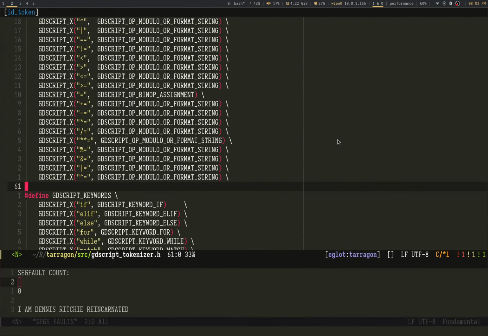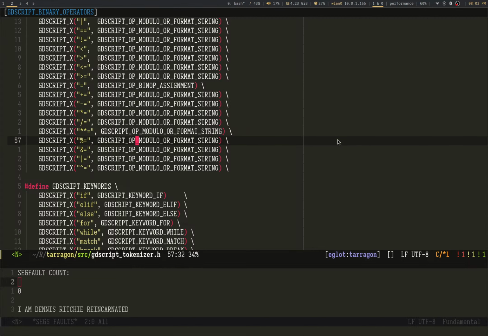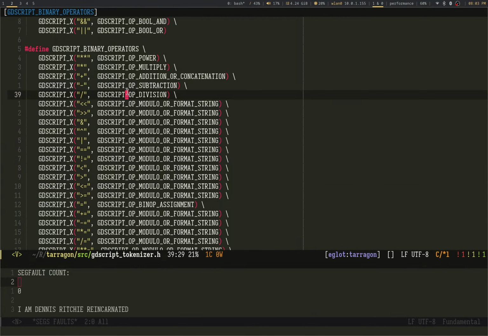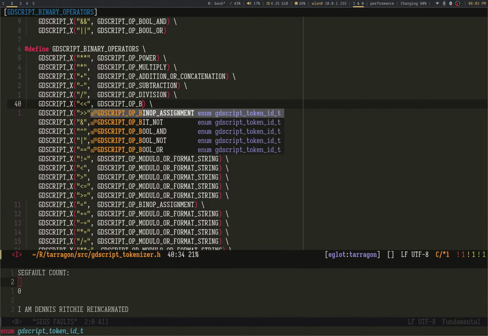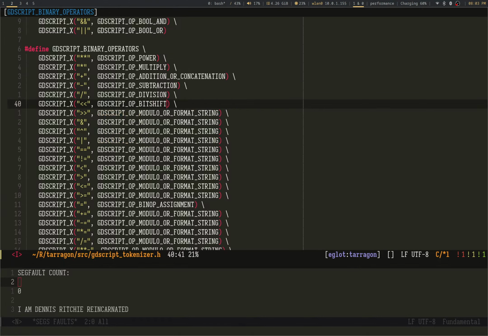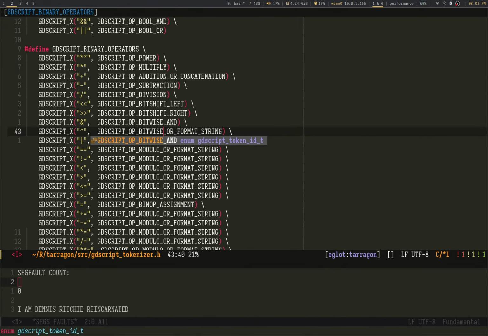So let's go back into the header file. As you can see, I'm not really having fun anymore, though. God. All right, whatever. Let's get to naming. This is bit shift right, left. Same thing. Right. Oops. Bitwise and, XOR, and we'll just